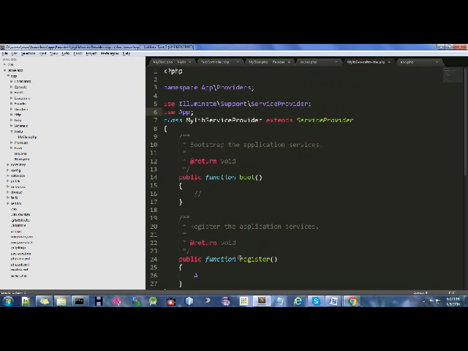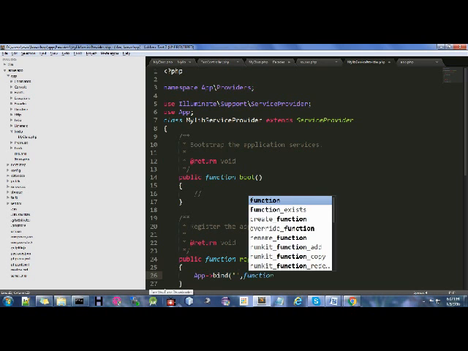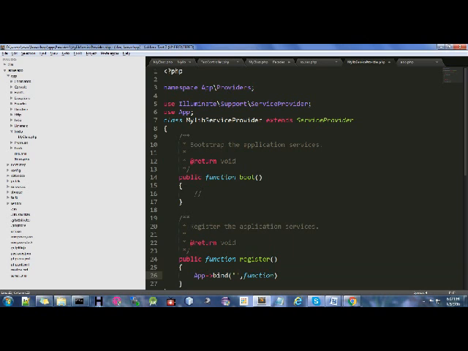Now let me write a few things. I will use app first as a namespace. A namespace is a virtual directory path, a virtual path of your libraries. Then the bind function.